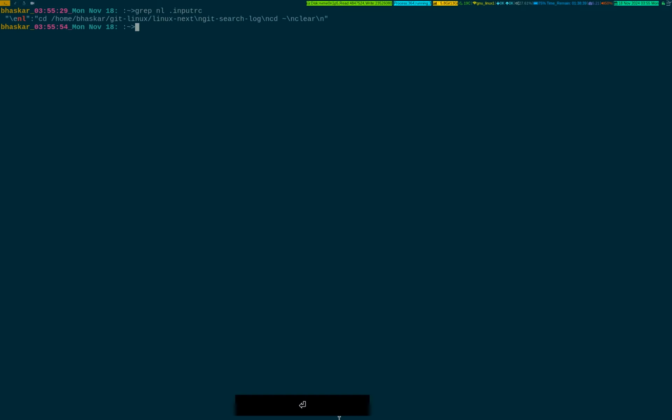Okay, so if I do this, this is the entire command line which has been playing that UI you saw a few seconds back. You simply go to a Linux next branch, then there is a script called git search log. Okay, so if I do that,